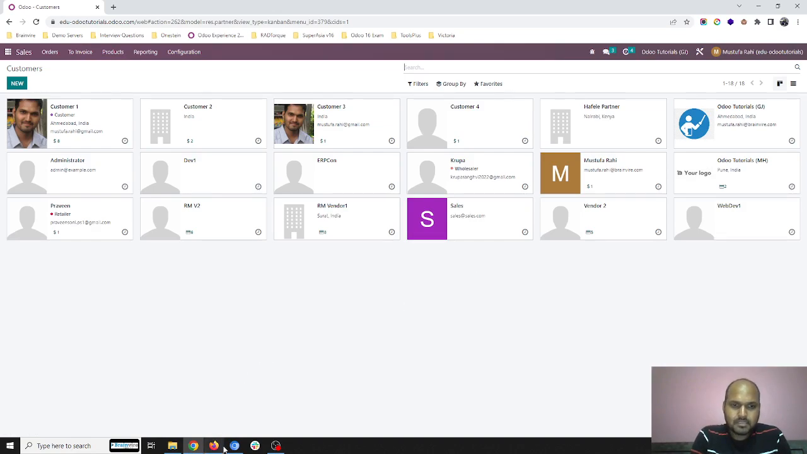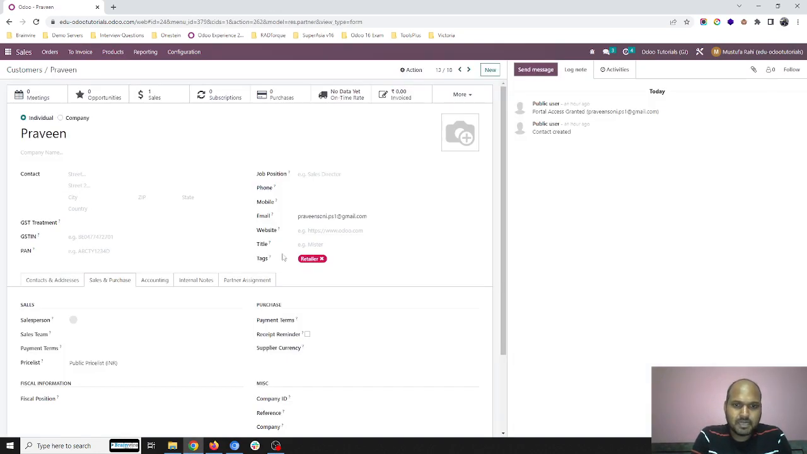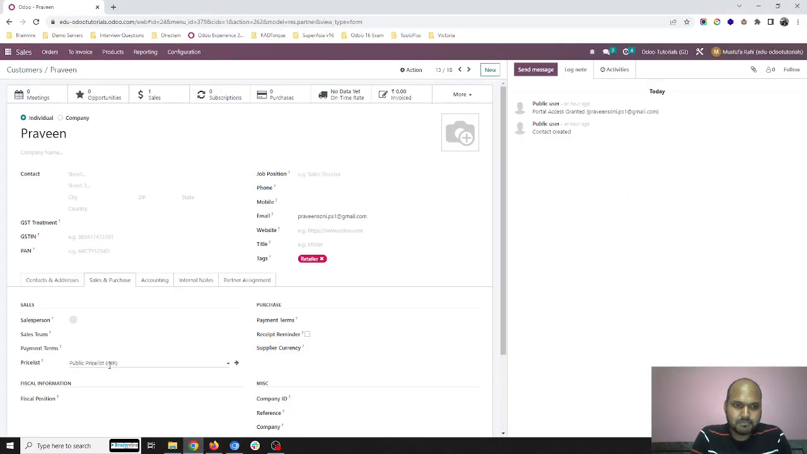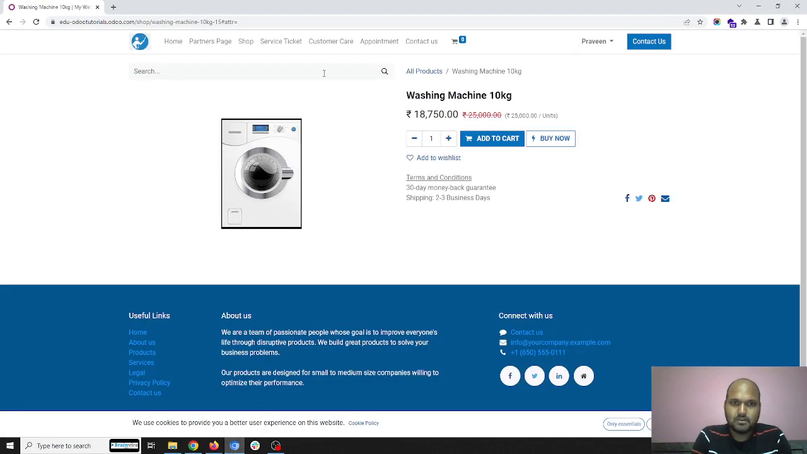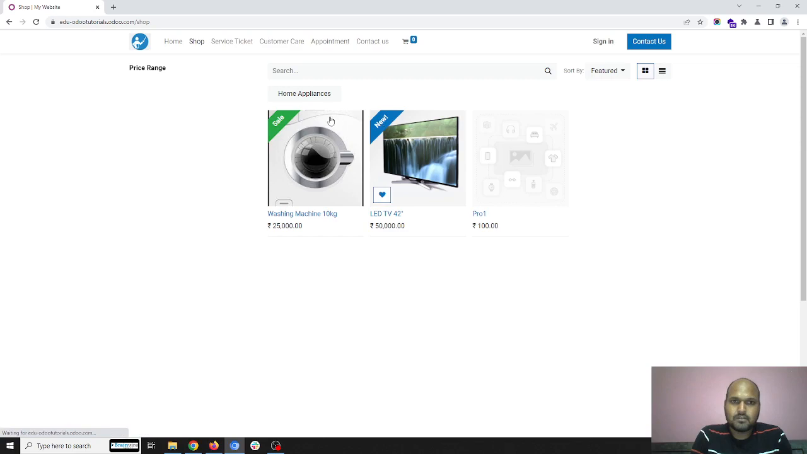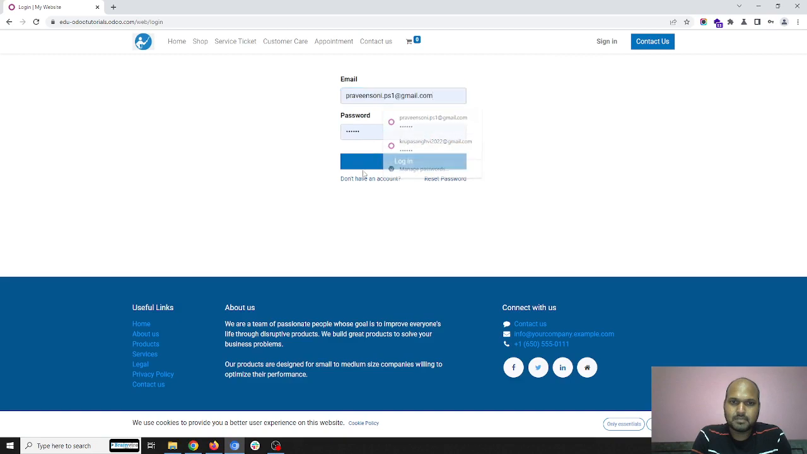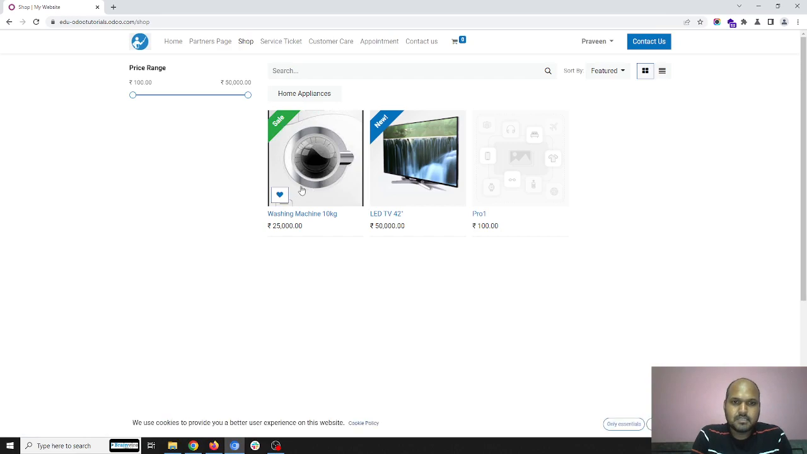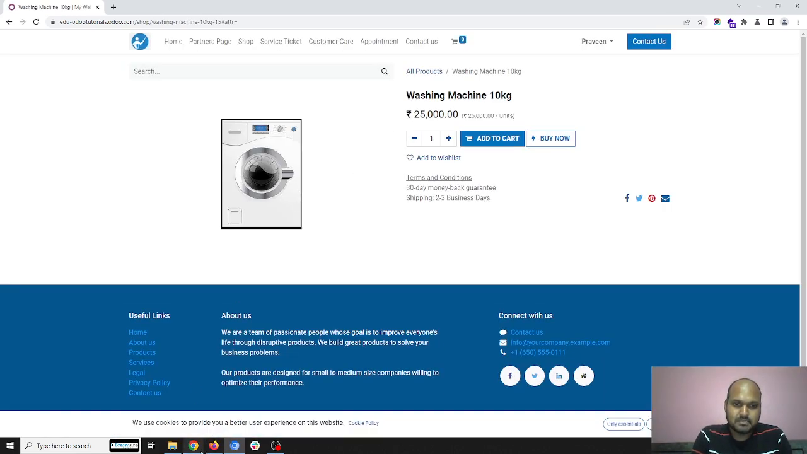Okay. Now I have another customer, let's say this Praveen, whom I have tagged as retailer. Right now Praveen is also part of the public price list. So over here, when Praveen logged in and sees the product, now if I log out as a visitor, I can see the regular price list, and now Praveen logs in again, and he can see the regular price list of the product